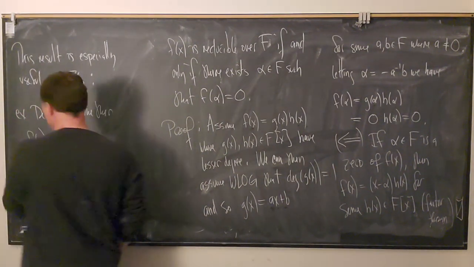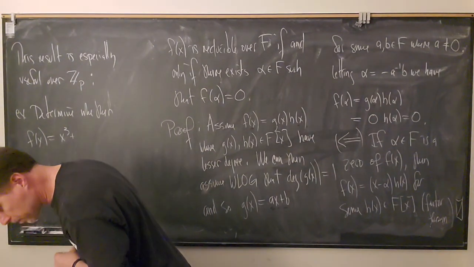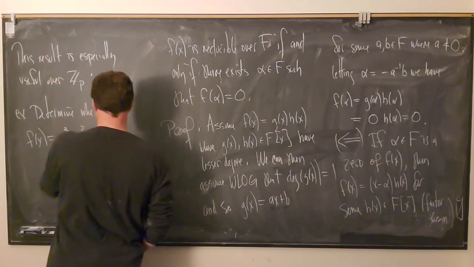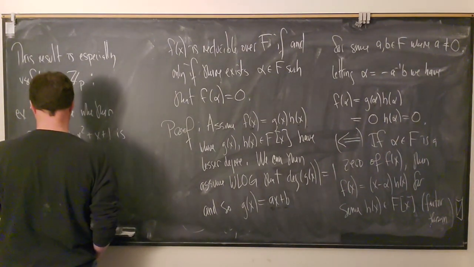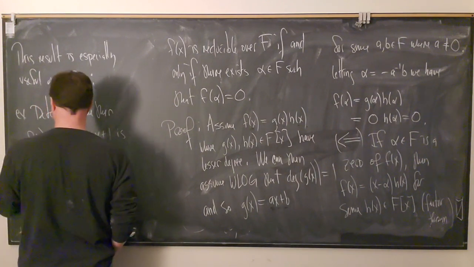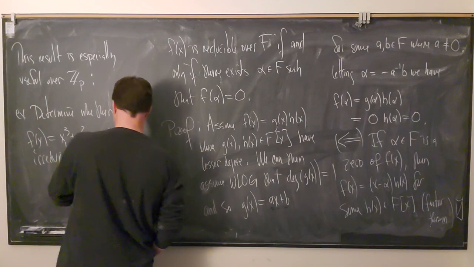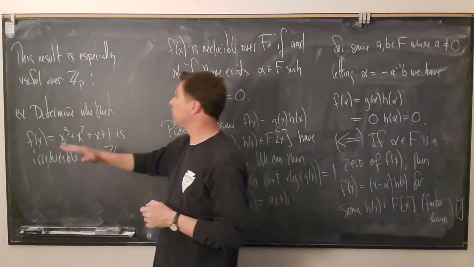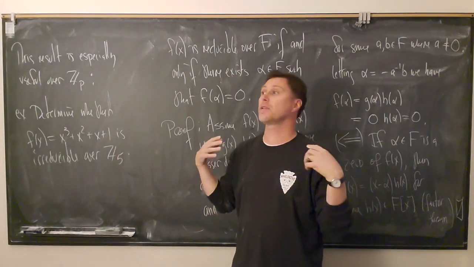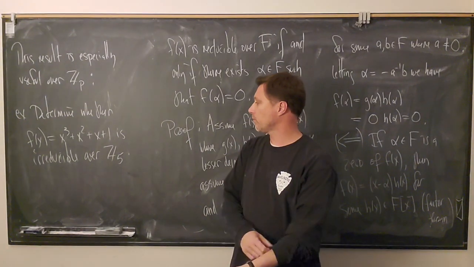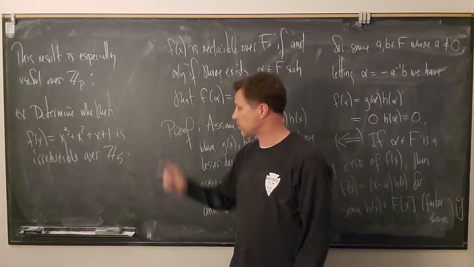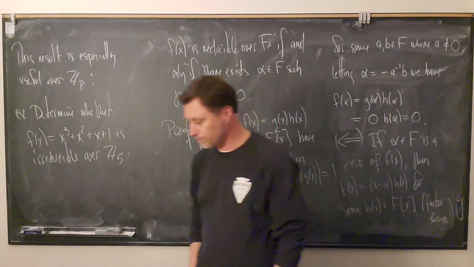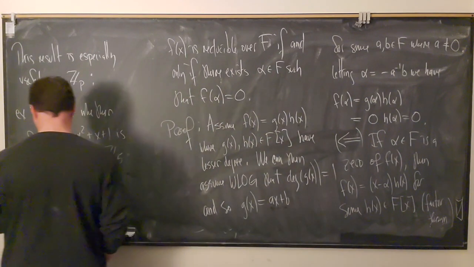equal to x cubed plus x squared plus x plus 1 is irreducible over Z5. According to our previous theorem, all I need to do is take the elements of Z5, plug them into the polynomial. If we get 0, the answer is no, it's reducible. And if we get non-zero, then we say it's irreducible. So you can check